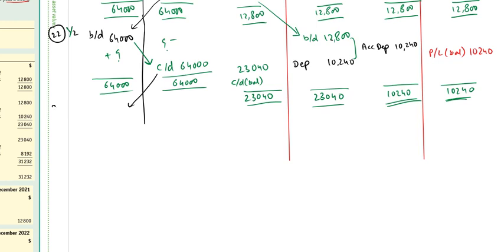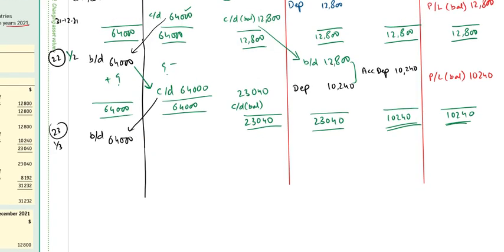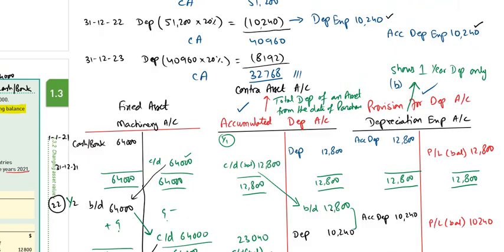The CD will be the BD of 2023, our year 3. So this CD will be the BD of year 3, that is 64,000. For the accumulated depreciation account, this CD will also be the BD of the next year, that is 23,040. Okay. So here is the depreciation expense for the third year. The entry will be depreciation expense debit and accumulated depreciation credit by